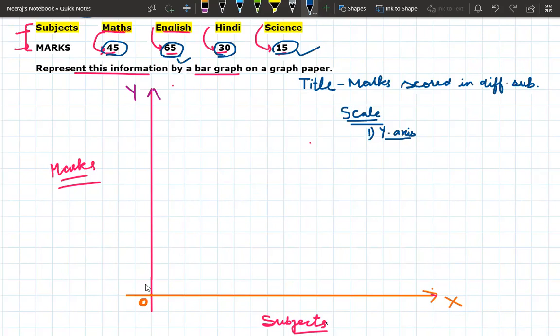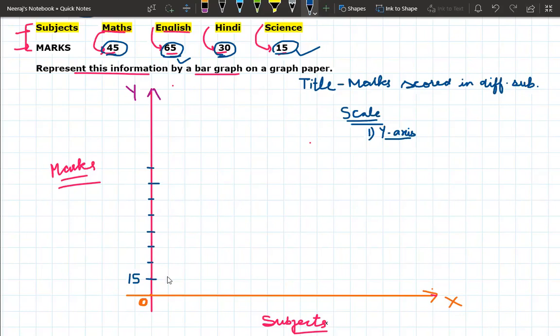So I am going to start with the number 15, and you can leave one box or you can leave two boxes also. Here I'm leaving only one box. So firstly it is representing 15. Now the next number is also, as you can see that the difference between 15 and 0 is only 15. So the next difference of one block, if you have left one block, then again you have to leave one block. It means after one block you have to represent the value, right? After one block you have to represent its value.